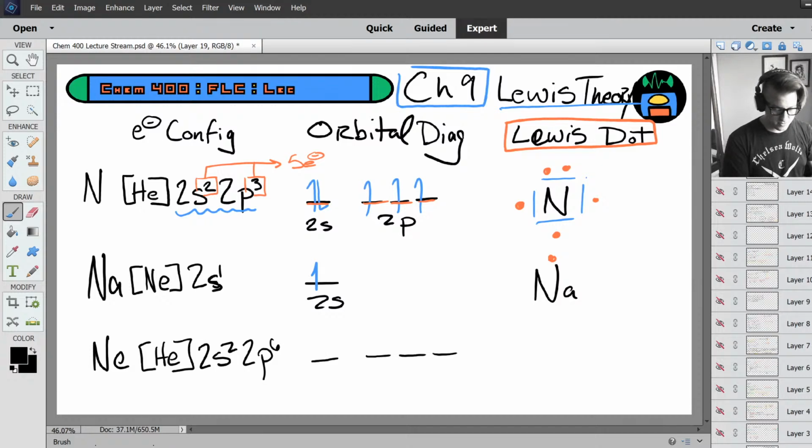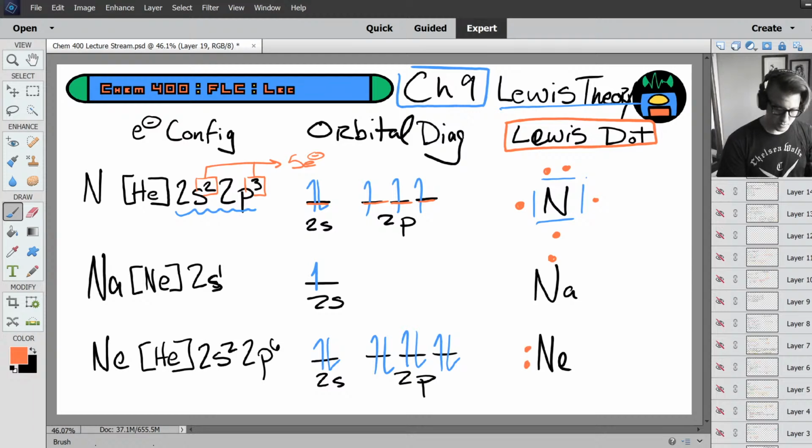So we have our 2s subshell, our 2p subshell, and then we'll have 2 electrons in our 2s and 1, 2, 3, 4, 5, and 6 electrons in our 2p. So our Lewis dot structure for neon will be, oh sorry, hang on, let me do this properly. We've got 8 electrons to place, so we go 1, 2, 3, 4, 5, 6, 7, 8. So that would be the Lewis dot structure for neon.